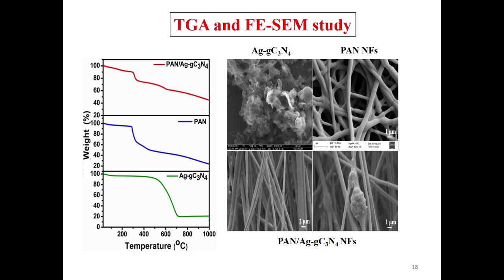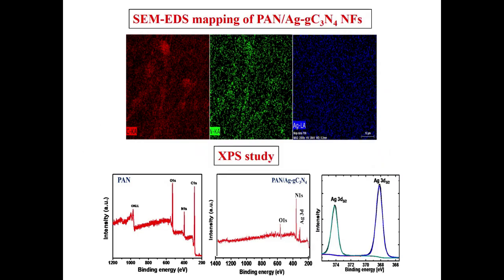But at one point there is a bone-like structure, that is the fiber is getting knotted, some coupling of that particular fiber is observed. This is because of the change in the viscosity during the drawing or fabrication of that particular fiber with the help of the electrospinning technique. This is the same EDS mapping of PAN AgG C3N4 nanoparticle. Uniform levels of those fibers are observed with a uniform diametric size.